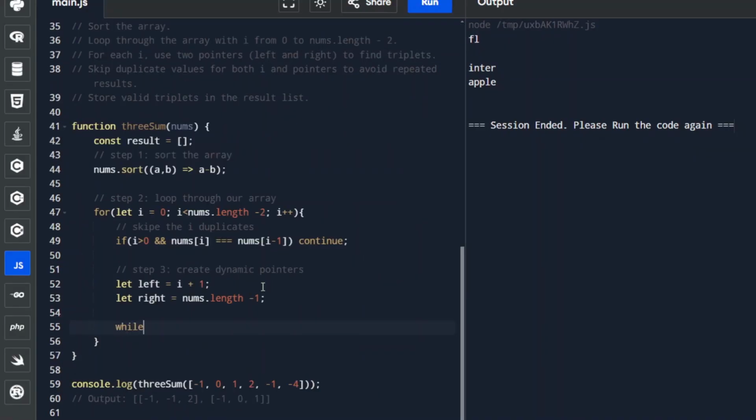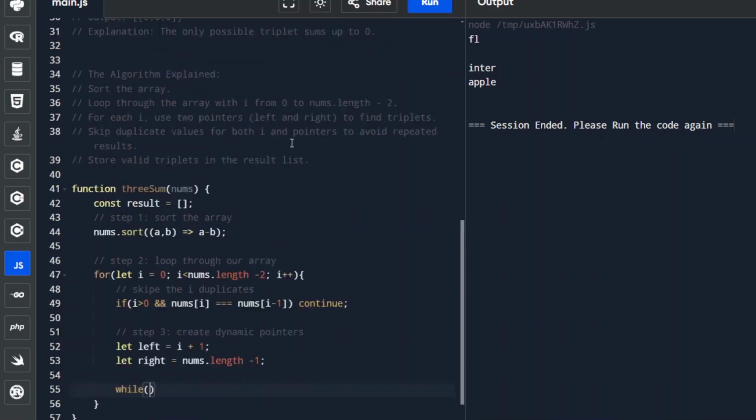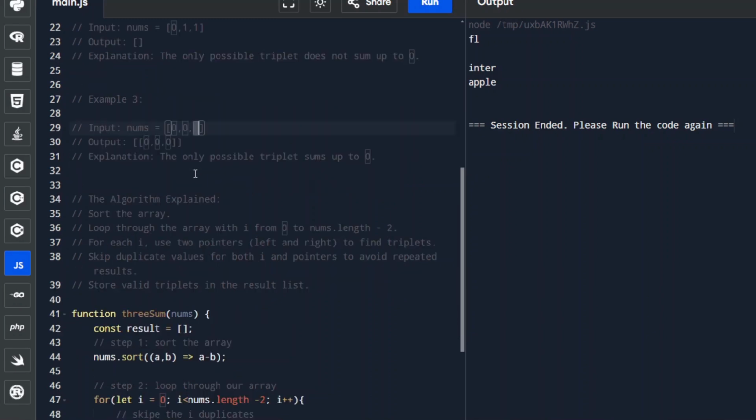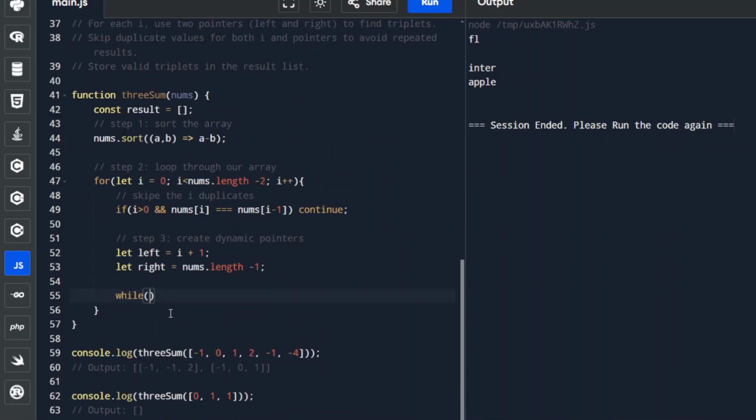Now we'll use a while loop, and the reason why we have to do this is as long as our left pointer is smaller than our right pointer. Okay, so if you see this example, if the left pointer is here, then that's not a valid scenario. It would be equal to our right pointer. So we want to run these checks and fill in our result array as long as the left pointer is always smaller than the right one. As we move the left pointer to the right, the right will keep moving to the left. It should always be that the left pointer is smaller than the right, then it's a valid scenario to check. So as long as the left is smaller than the right pointer,